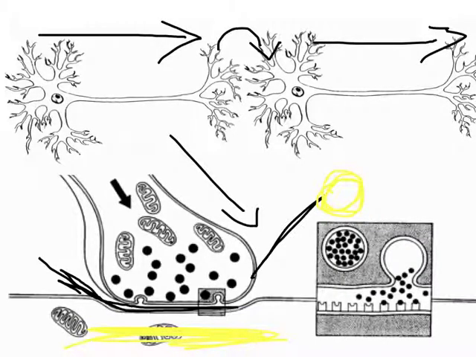Once the signal reaches the presynaptic terminal, the vesicles, as you can see here, and these are tiny vesicles,